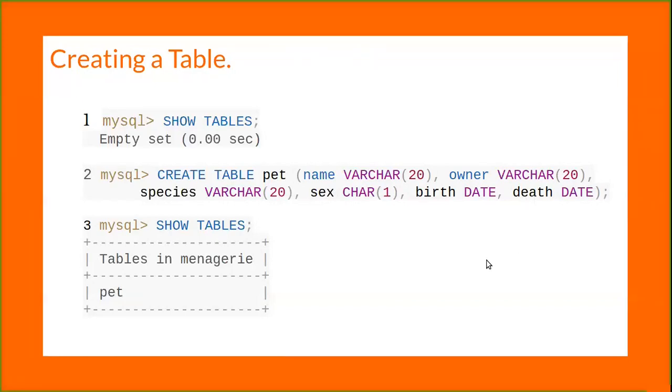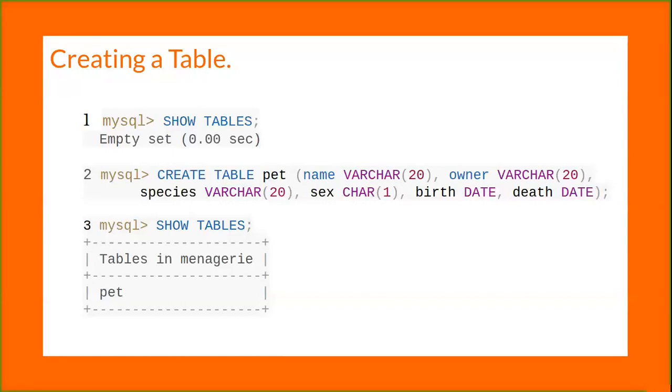Varchar is a good choice for the name, owner and species columns because the column values vary in length. The lengths in this column definition need not be all the same and need not be 20. You can normally pick any length from 1 to 65535, whatever seems most reasonable to you. If you make a poor choice and it turns out later that you need a longer field, MySQL provides an alter table statement.